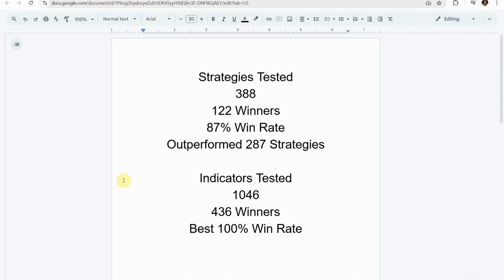Alright, as I said, today we will be testing a crypto scalping strategy. Before we do though, I wanted to put the testing scoreboard up for everyone to see. So to date, we have tested a total of 388 different strategies with